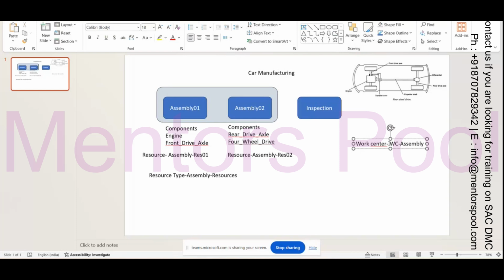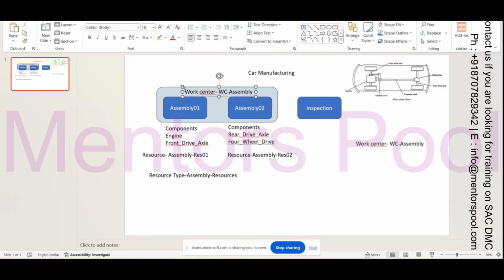I'm creating this because at least you will know that this also can be created and organized in that way as well. So I'm giving that WC hyphen assembly,